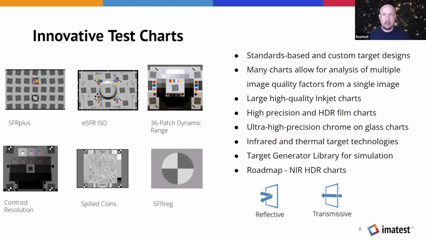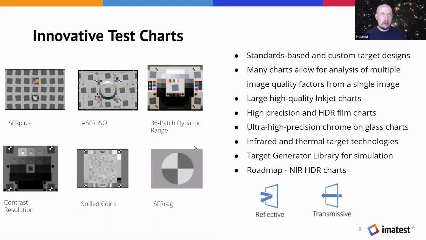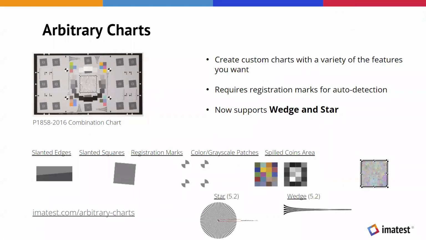那么现在也有虚拟的测试图卡或导表，你可以在这个软体中产生，所以你可以有虚拟的测试图卡。 And we're about to launch a new line of charts that work much better in near infrared. 那在近红外的这些测试上面，还有测试图卡，我们现在正是放优先的开发的部分。 Okay, so we do have a special kind of software called arbitrary charts where you can design your own target and fill in the definition of that target, and then we can automatically analyze that custom target. 我们软体里面有另外一个功能叫做任意图卡，你可以在这个功能里面设计你自己有需要测试的任意图卡。